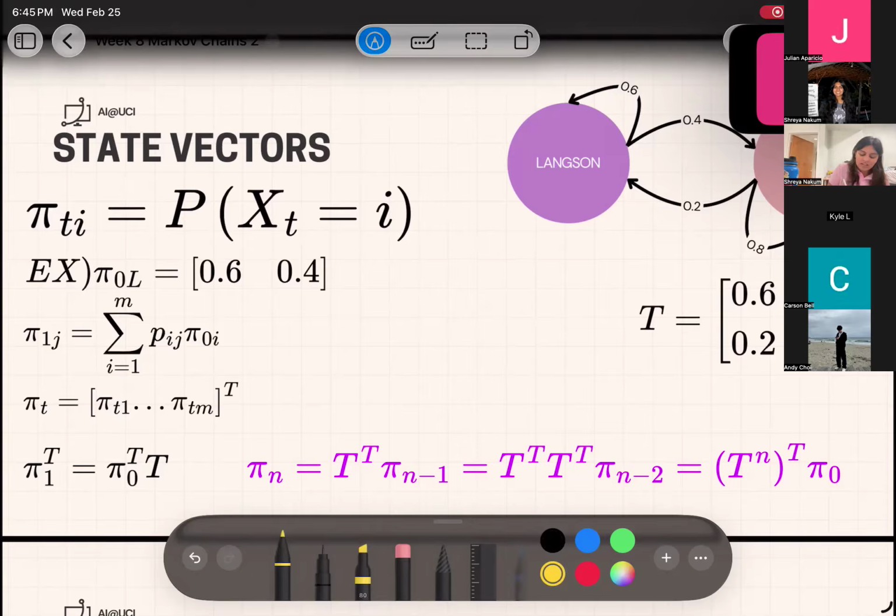Okay. Basically what this is saying is that at some time t and at some initial state, what is the probability that I will be at all the possible states I can go to? For example, at time step 0, if I'm starting at Langston, of all the states I can go to, which are Langston and science, the probability I go to Langston is 0.6, and the probability I go to science is 0.4. I'm going to switch colors because it's very hard to see.